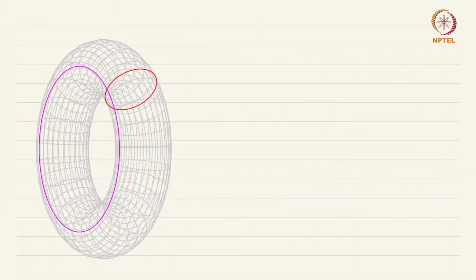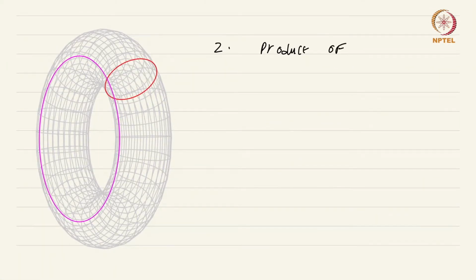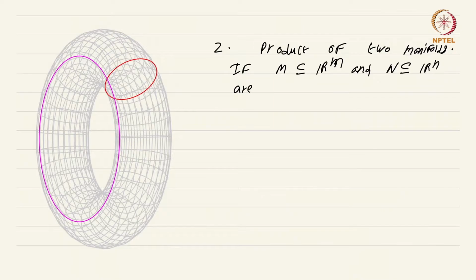The second example we are going to see is of this object that you see in front of you. This is a torus. So this is going to be a product. So let's just first consider the product of two manifolds and then specialize to this torus. So product of two manifolds. This is also a manifold. Well, if M subset of Rm and N subset of Rn are CK manifolds